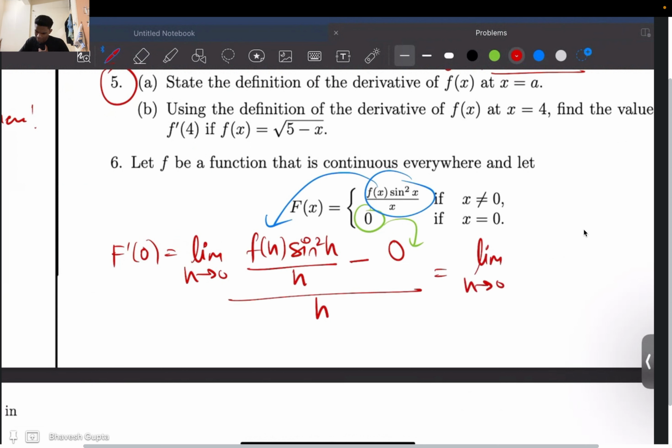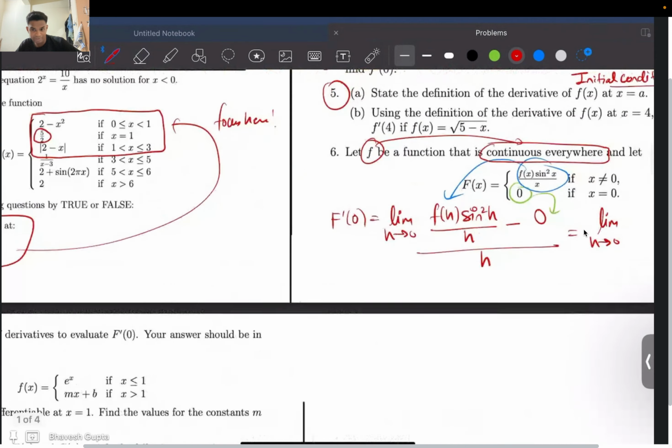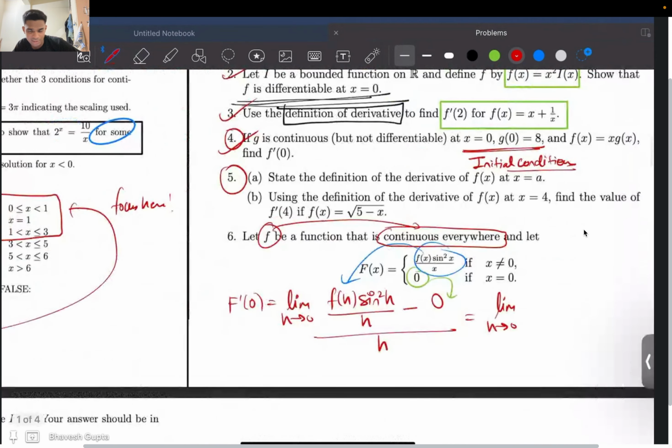this would be, okay, so they have told the function is continuous everywhere. That's good, because it's a good sign. If it's continuous everywhere, that means it is bounded. That's true. If a function is continuous everywhere, that means it is bounded. So this means that my f of x is bounded, and we will use that